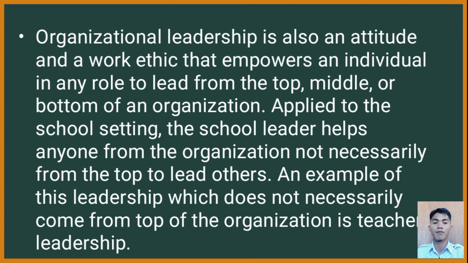For example, teacher leadership: the teacher engages with his or her students and empowers them by giving motivation and giving the lessons. If a particular student has difficulty with a lesson, the teacher will help the student to catch